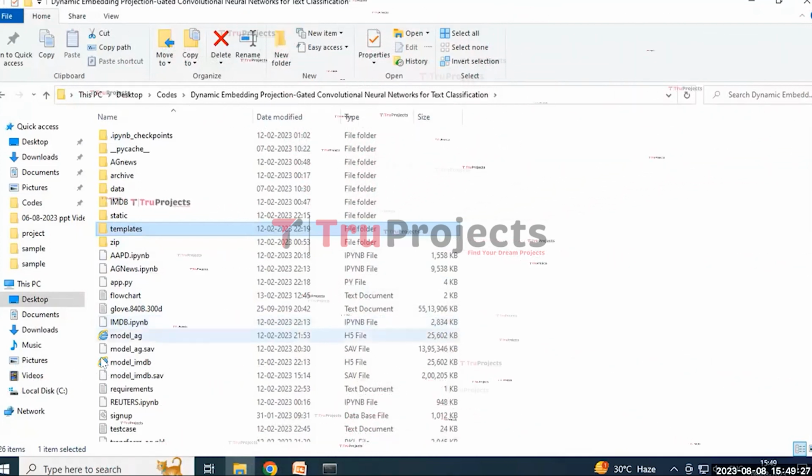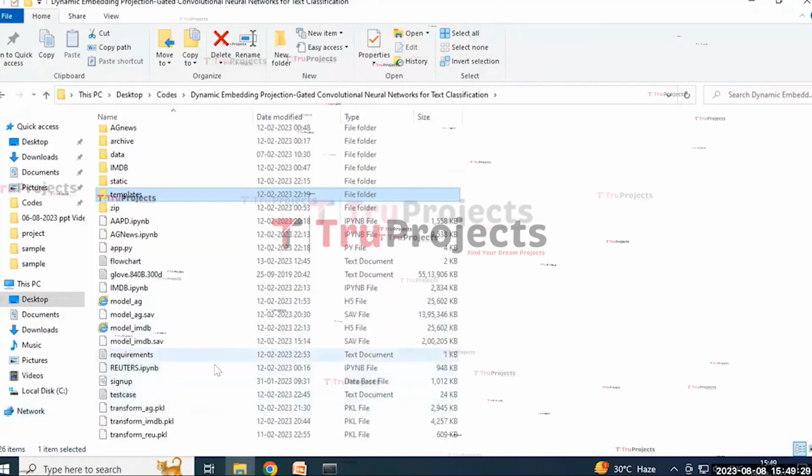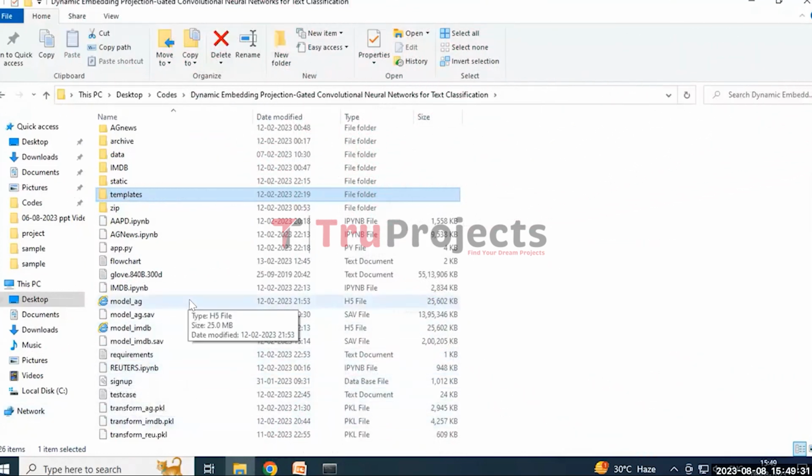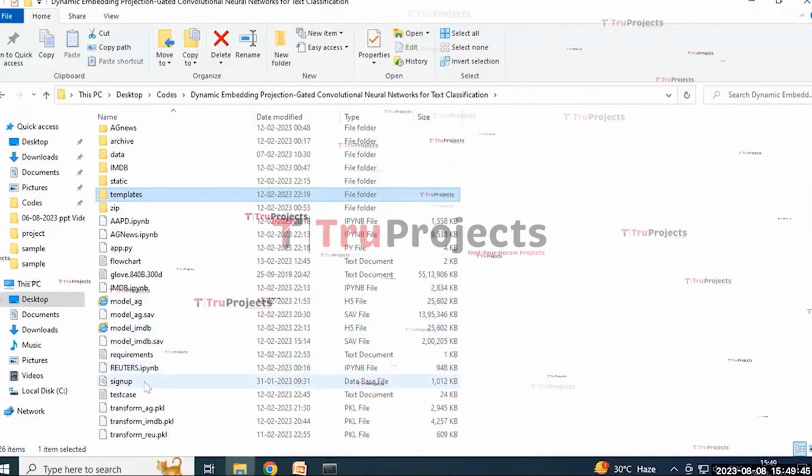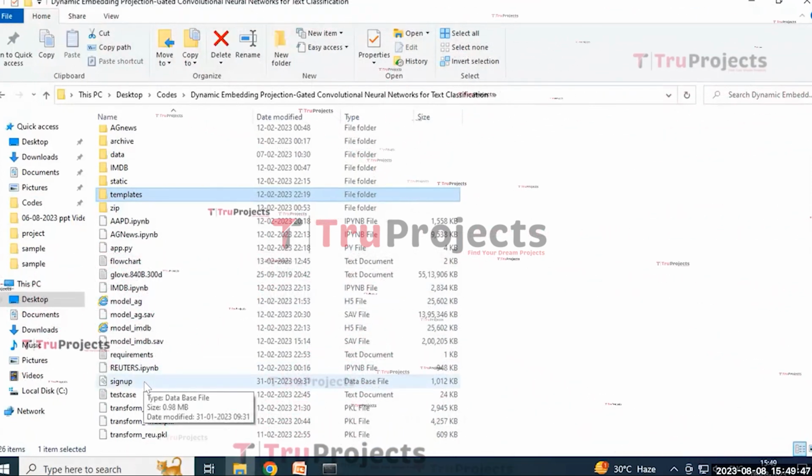And the notebook is an IPYNB file which contains a combination of code, graphs, and output all in one place. It allows the user to write and execute the code in individual cells, making it a popular choice for data science. And signup.db appears to be the database file that will be used to store